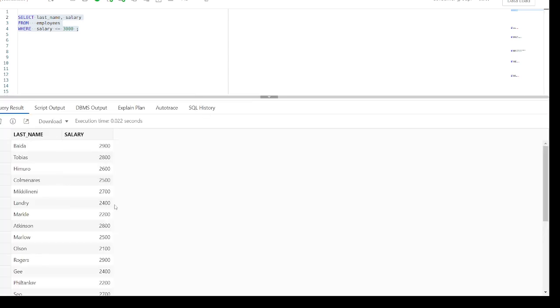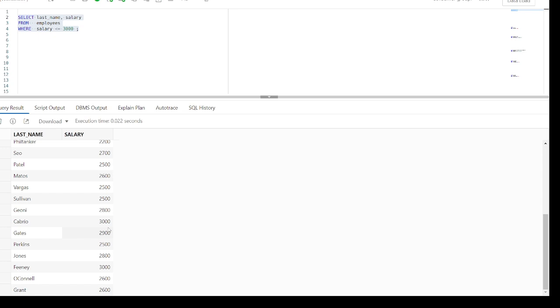Okay, so this is the result set. Now here you can see all the salaries of the employees are less than 3,000 as well as equal to 3,000. Okay, so this is how we use the relational operator as a comparison operator along with the where clause.